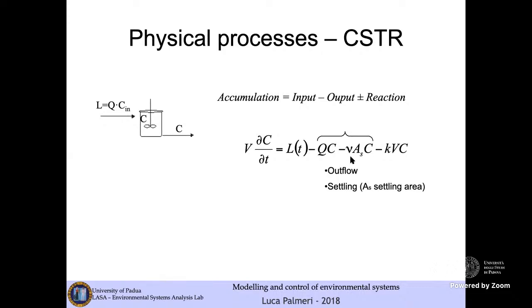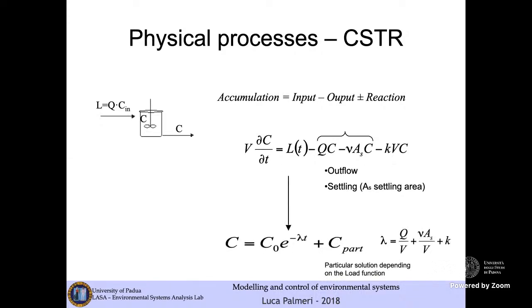This is the outflow plus settling, and then a reaction term that is represented by minus K times V times C, in which K is the constant of a chemical reaction. So K times the volume times the concentration. And if we look for a solution of this equation, now you should be confident with that. This is a first order linear differential equation. First order because we have only the first derivative, linear because there is only a linear dependence on the variable C,